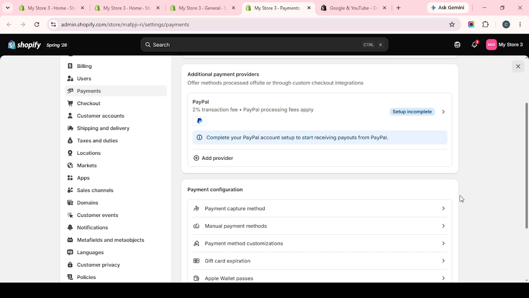After activation, you should review the gateway settings to confirm everything is connected the way you expect. If your goal is specifically to use test mode, this setup process is the first part of getting the gateway in place, so you can then manage its testing options according to that provider's settings. And that's it. You've now gone to the Shopify payment settings area, found additional payment methods, selected a provider,